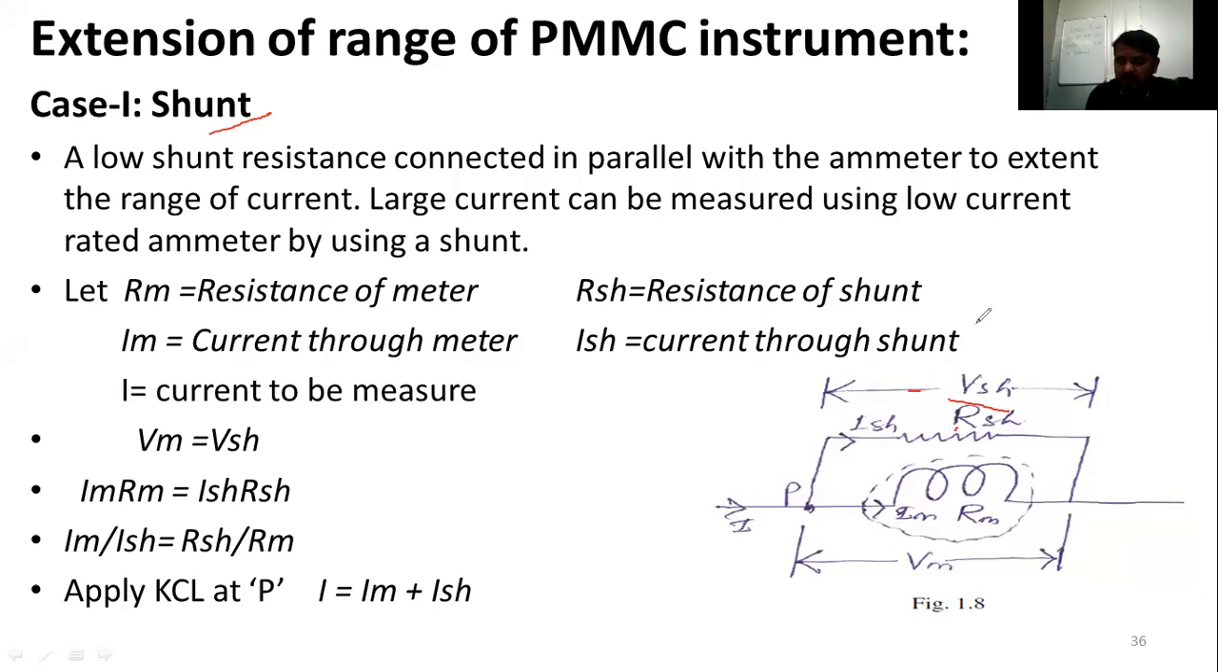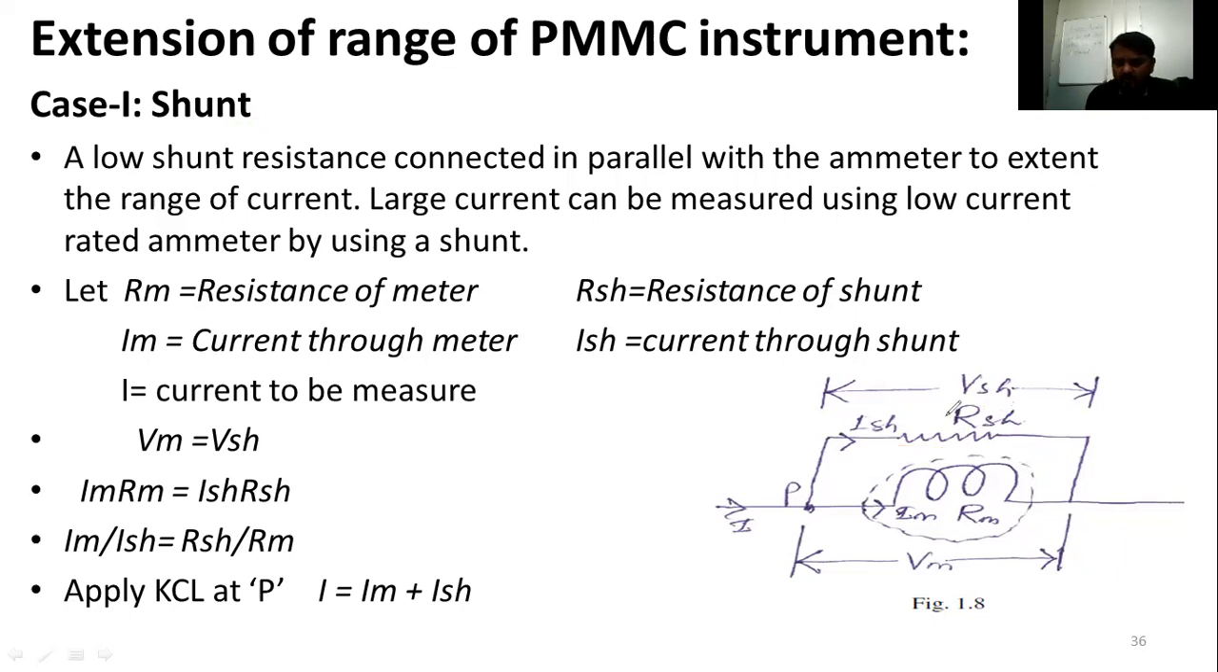If we have used a high value of resistance, then less current will flow through it. If we have used a low value of resistance, then maximum current will flow through it. So based on that, we have to add the resistance value here. For that reason, the shunt here is nothing but